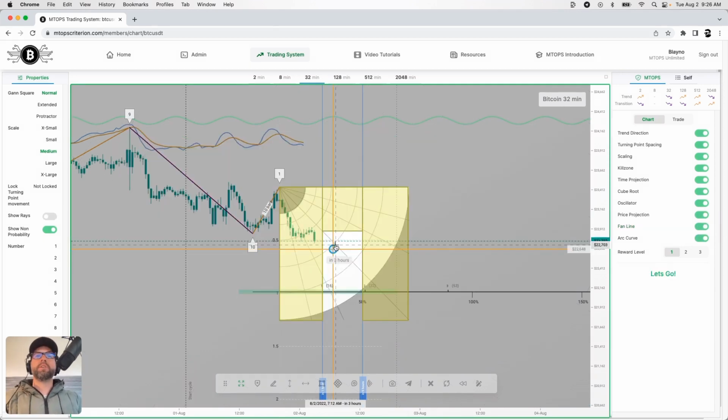Yeah, the fan line arc curve, I'm going to leave it there. So once again, if you're trading, don't go too unrealistic. Just keep practicing and wait for stronger market conditions to take you into a better environment.